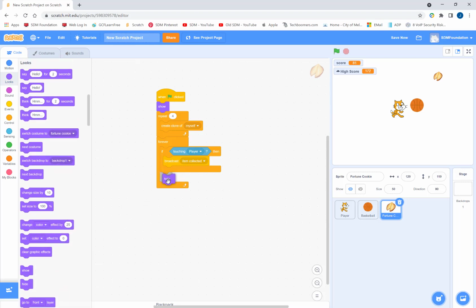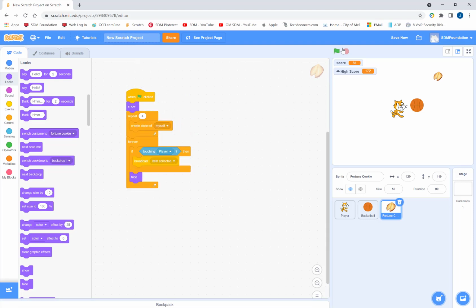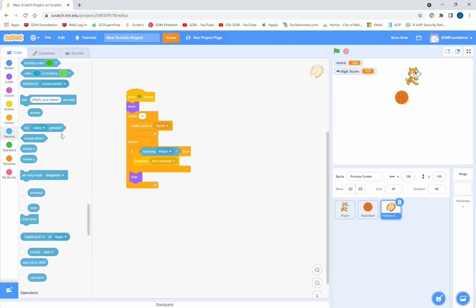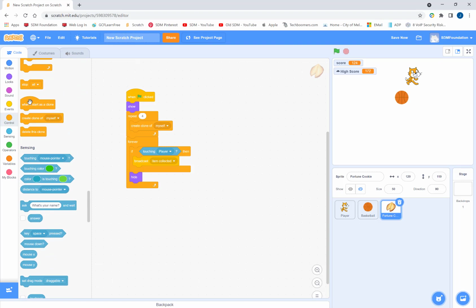Okay, so let's see how that looks. All right, so let's try this out. It's actually only going to work with one. Okay, all the clones are in the same spot, so it doesn't really look like it's doing anything. So let's deal with what happens when we spawn as a clone. So we're going to say when I start as a clone,